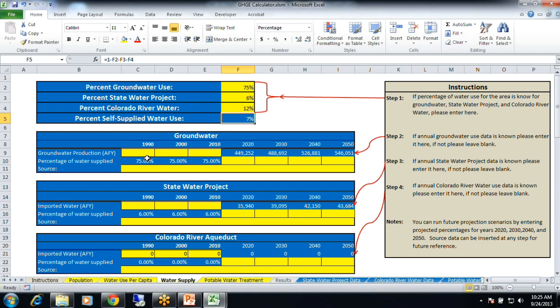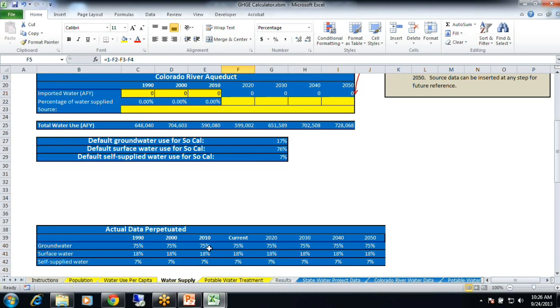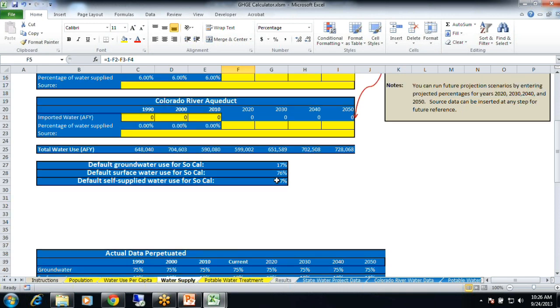You can put those in if you know them, but if you don't, the tool takes what you put in for current, and it says, well, it's very likely that that's what happened in the past. It's also likely what's going to happen in the future. So that's perpetuated historically and also into the future, 75% for groundwater, same for surface water and self-supplied water.